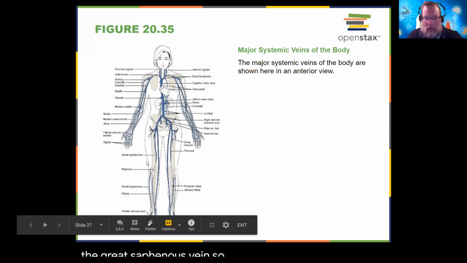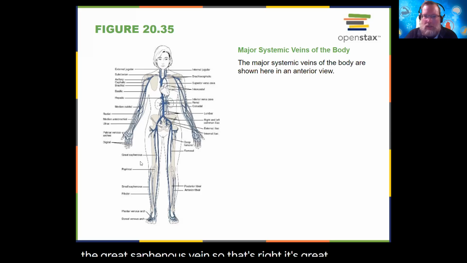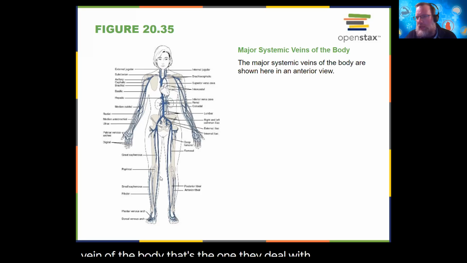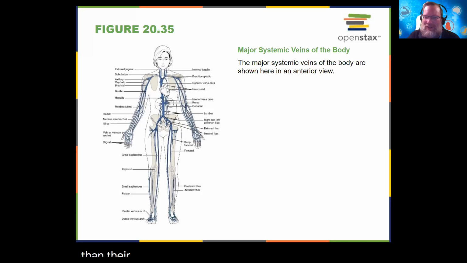So that's right. It's great saphenous. It's the longest vein of the body. That's the one they deal with when you're getting a bypass done. Oftentimes, people who have had bypass surgery will say their leg is more sore than their chest. So anyway,